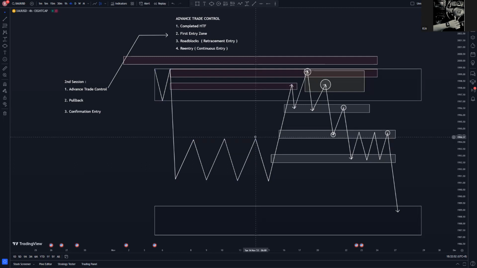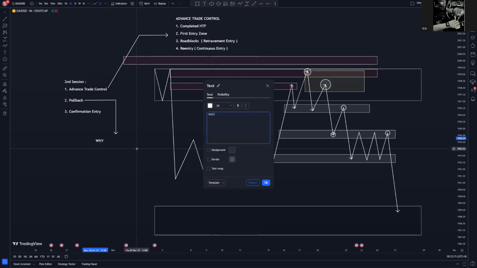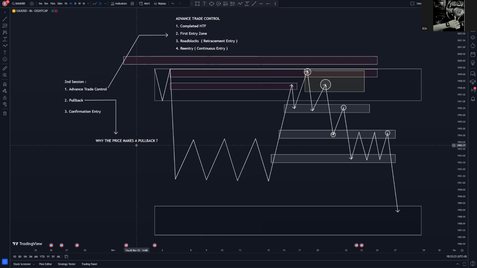So, if there is no question for now, let's go to the next topic, which is the pullback. In this topic, we're going to answer this question: why does the price make a pullback? The reason why the price makes a pullback is, the first one,